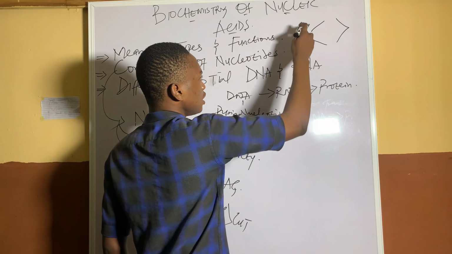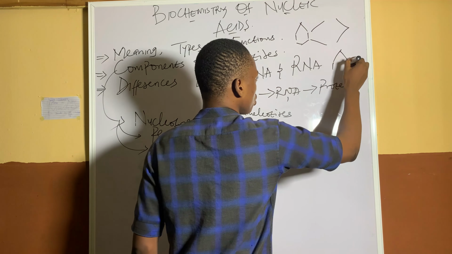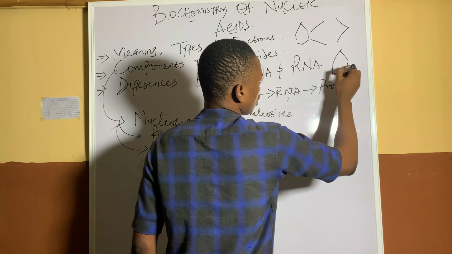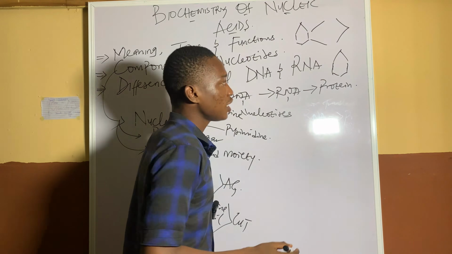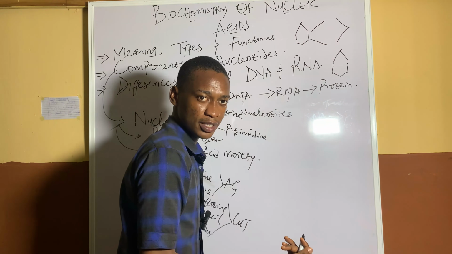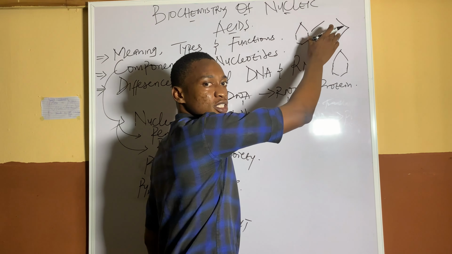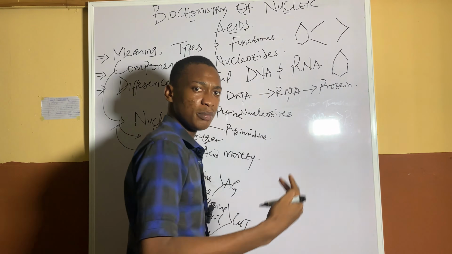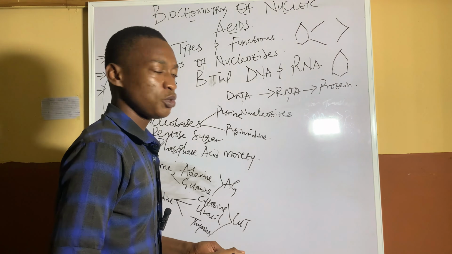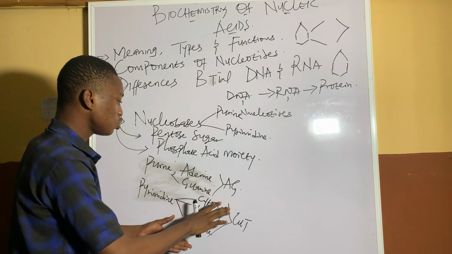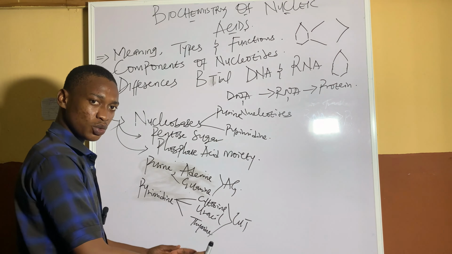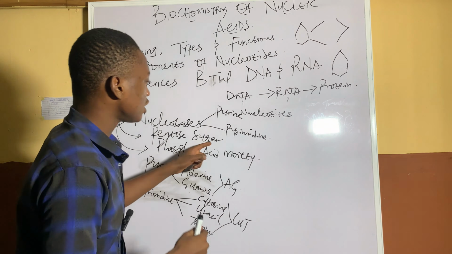When we're talking about pyrimidine, pyrimidine is just one ring structure. Are we together? This is more like how a ring structure looks like. So this is a pyrimidine base. This is a purine base. Purine base has two ring structure. Pyrimidine, one ring structure. Are we together now? Now, if we've understood this as the nucleobases in nucleic acid, I want us to look at the next component